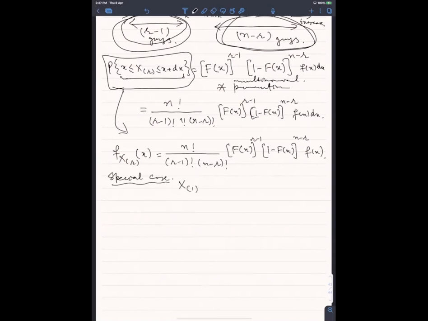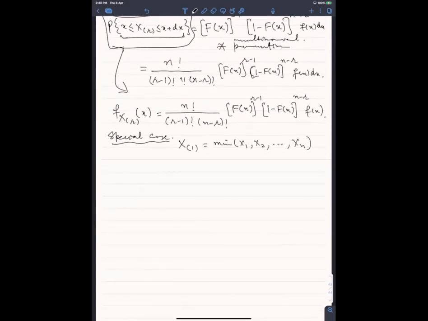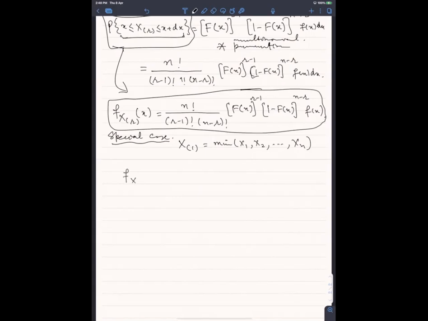x1, the smallest one, which is min of x1, x2, all the way up to xn, the minimum of all of these. So we will use r is equal to 1 in this expression. In the expression we wrote above, put r as 1. So f x1 of x would be equal to, put r as 1, and you will get